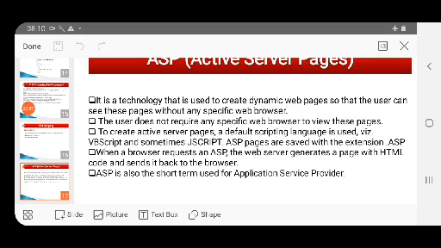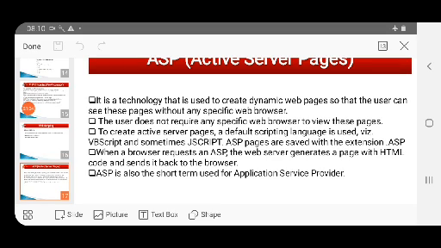So the user does not require any specific web browser to view these pages. For creating Active Server Pages, the default scripting language used is VBScript and sometimes JScript. The ASP pages are saved with the extension .asp.